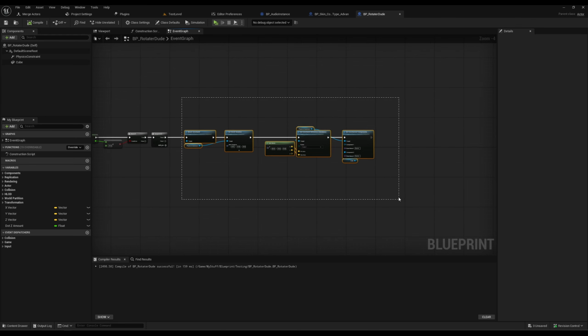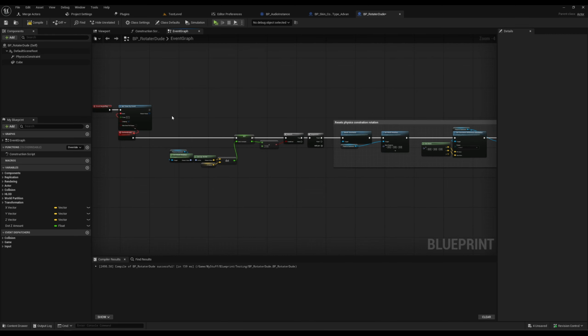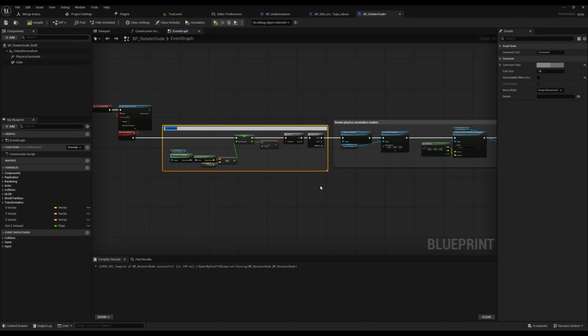Okay, so let's go ahead and actually, before we head on up to the main meat and potatoes of this thing, let's name these real quick. So it's physics, constraint, repetition, and come on over here. Text, physics,